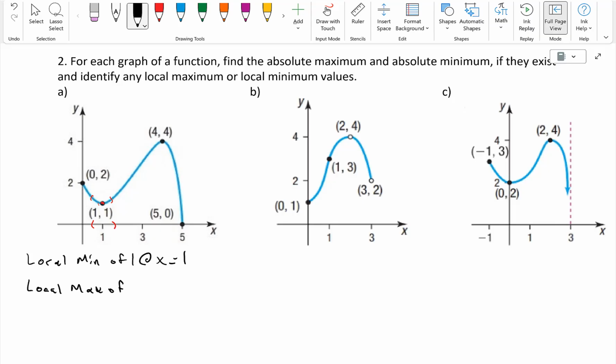We have a peak of 4 at x equals 4. For our absolute min, we can see that absolute minimum of 0 at x equals 5. So now we're looking for that whole domain here. And since our domain only goes from 0 out to 5, we see that lowest possible point on the entire graph at (5, 0). And our absolute max